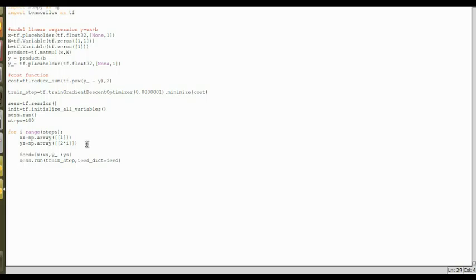So now we'll just print for better visibility and better understanding. We'll print after each iteration. We'll be printing the values of w and b. So we just say print something, print something, print something. So we just say after the so-and-so iteration will be this. So let's say